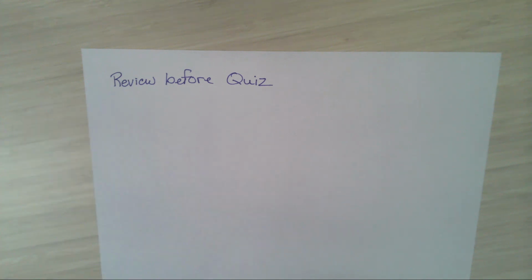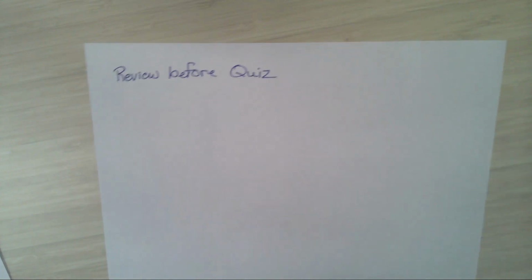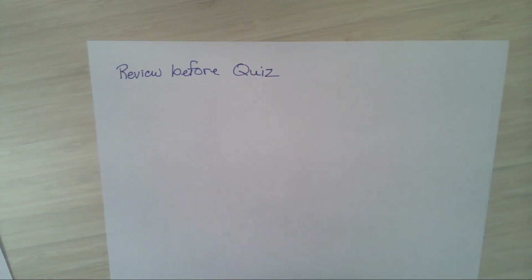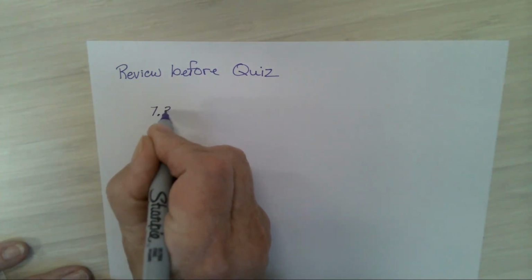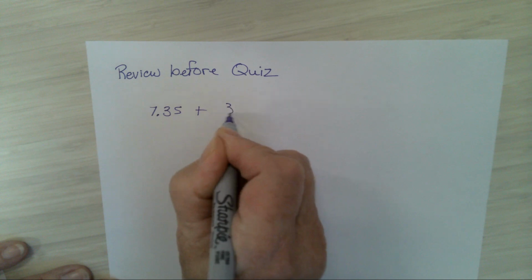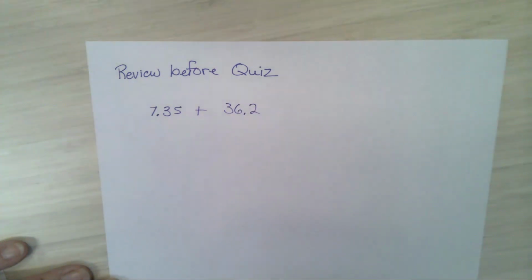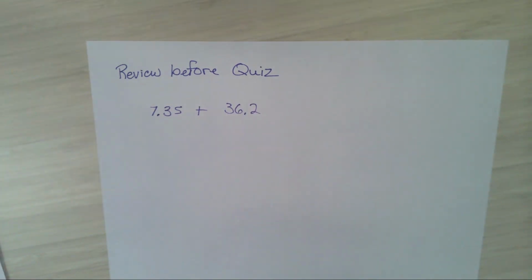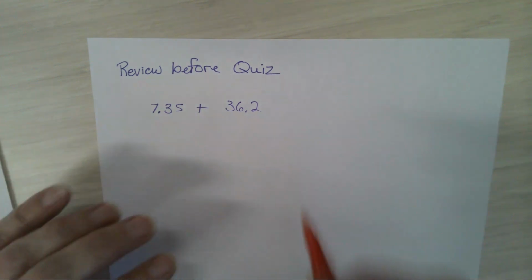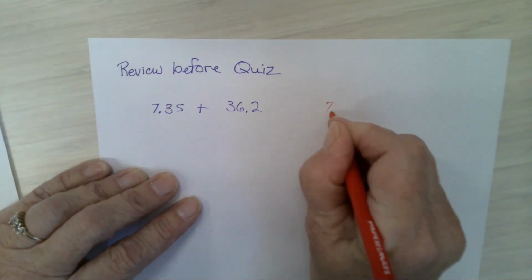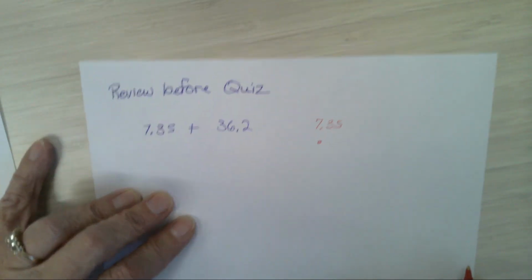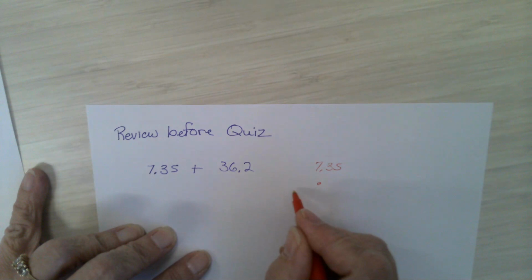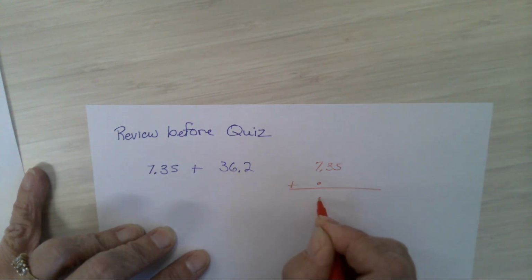Now, let's go on and practice doing some problems that you're going to see on the quiz. The first problem is an adding problem, and when you have decimals, you have to line them up. So here, the problem looks like this on your quiz. You're going to line it up, 7 and 3500ths. I put the decimal point down right away, and you're going to line them up vertically,